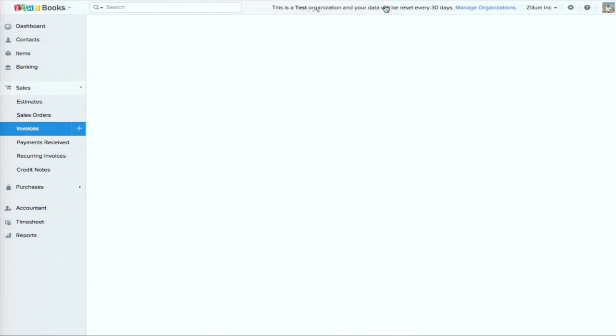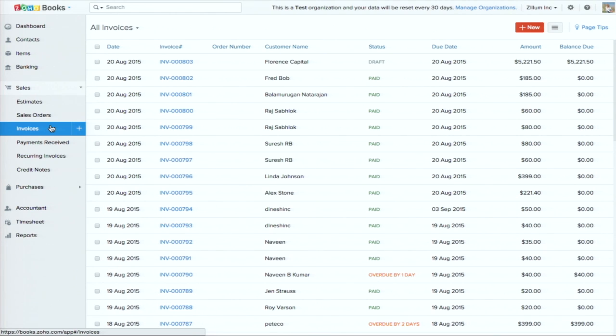But what it does is it creates an invoice, and it will ask you, how would you like to receive payments? Because our accounting system is integrated with various payment gateways, be it PayPal, Authorize.net, or various other third-party ones like Stripe and many others, you can accept payment directly to your account through Zoho Books or Invoice.